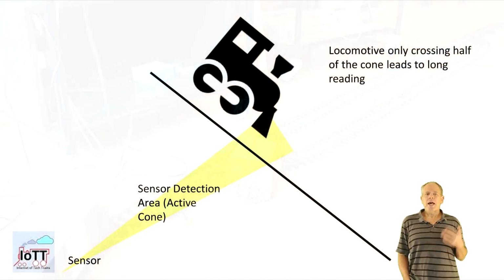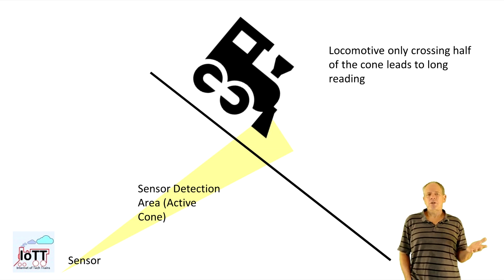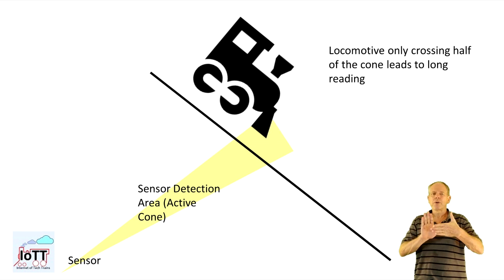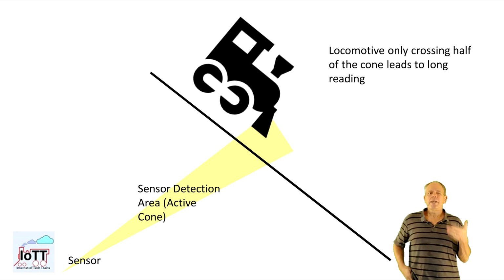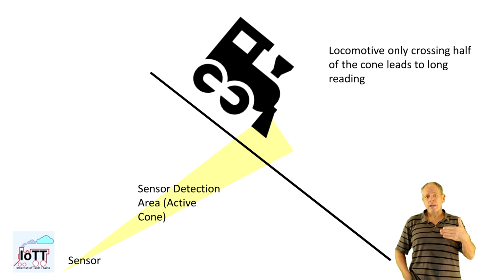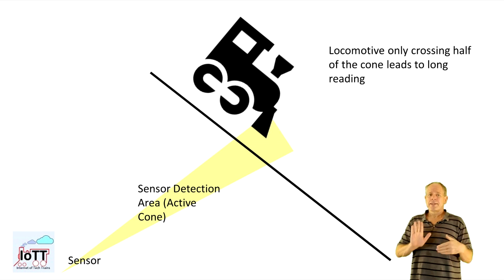This collision happened because the sensor was triggered too early. I investigated further and found out that the distance value returned by the sensor might not be very accurate if only a part of the viewing cone is covered. So when the incoming train enters the cone while approaching track 2 and the measurement is taken while only half of the viewing cone is covered, it might get a reading that is too long,